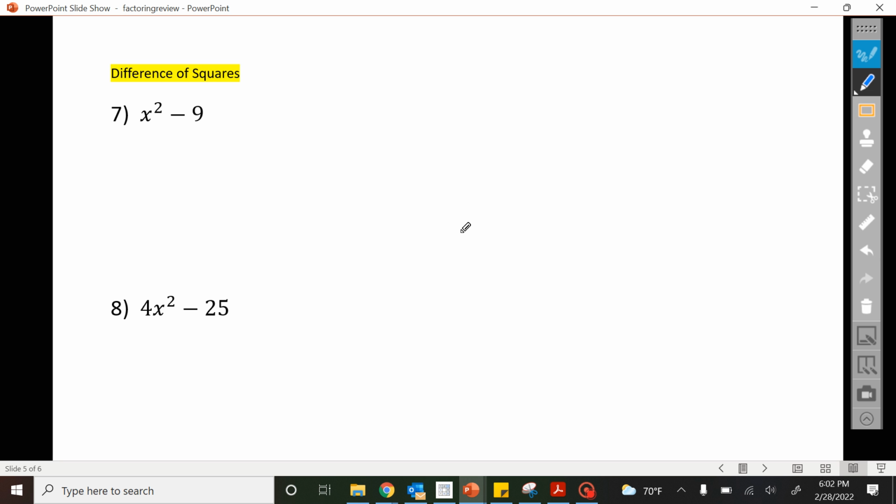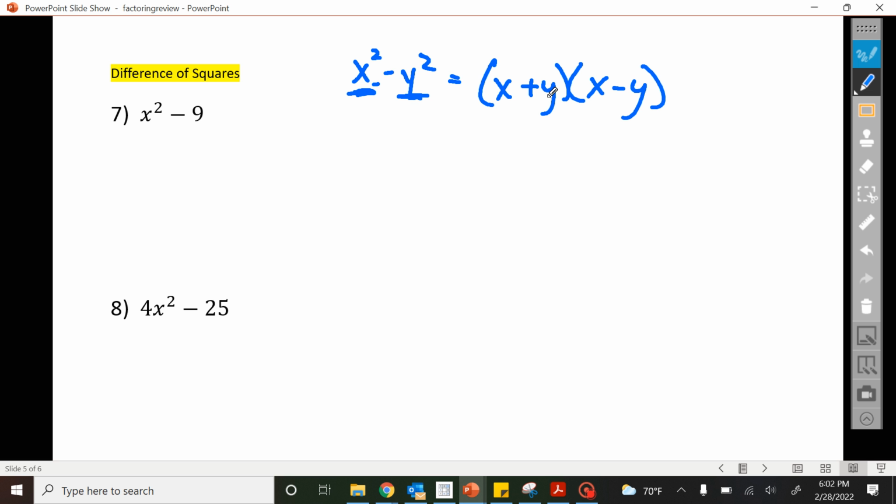Now, another type of factoring pattern that we need to be able to recognize is a difference of two squares. We looked at this when we were factoring, but a difference of two squares is factored in a very specific way. If you have a square minus another square, then they can factor into the sum and difference of what makes up the two squares. So if you can find out what makes up these two squares, you add them for the first factor, subtract them for the other factor. So for instance,